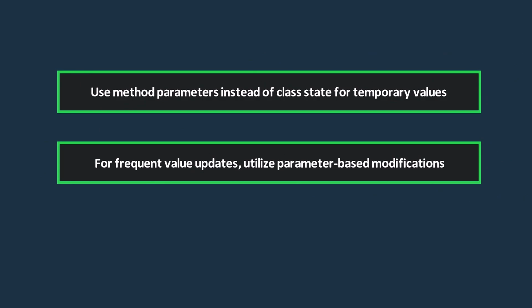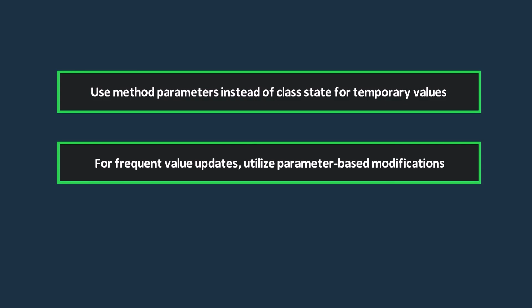Alright, it's important to remember that there are situations where using a parameter is better than using a field. For example, if a value is only needed within a specific method and doesn't need to be stored as a state in the class, it's better to use a parameter. This way, the value scope is limited to the method, and we avoid cluttering the class with unnecessary fields or properties.